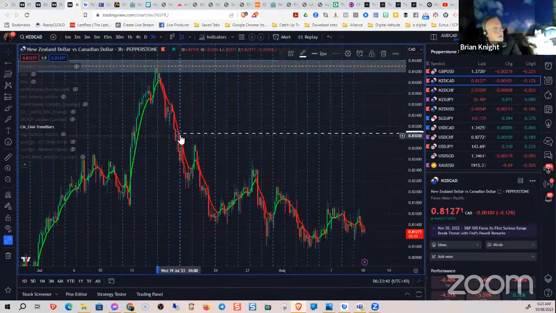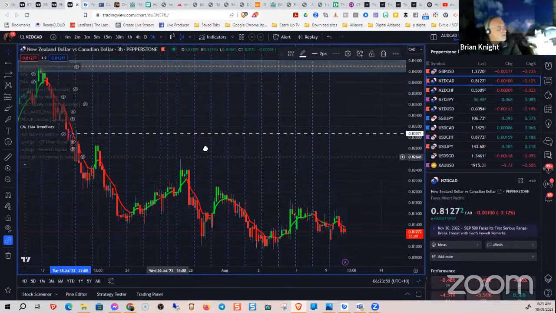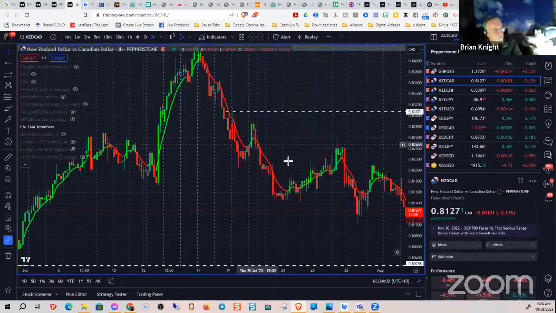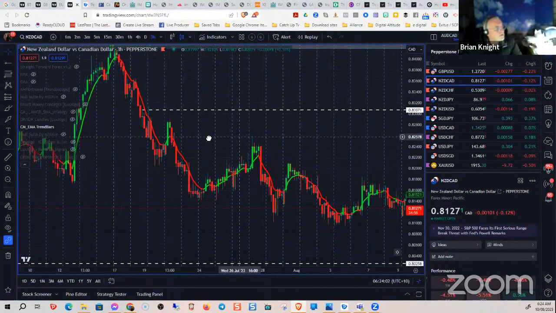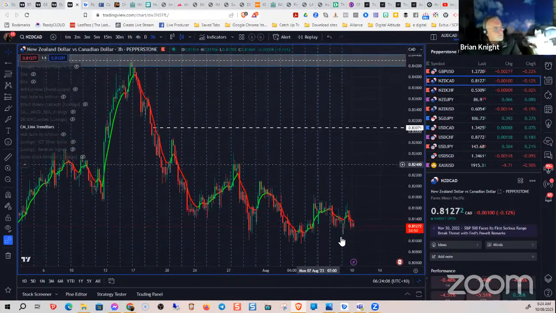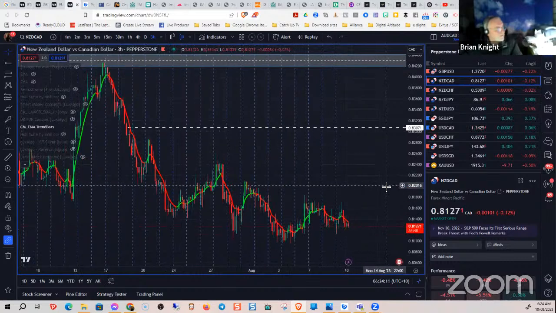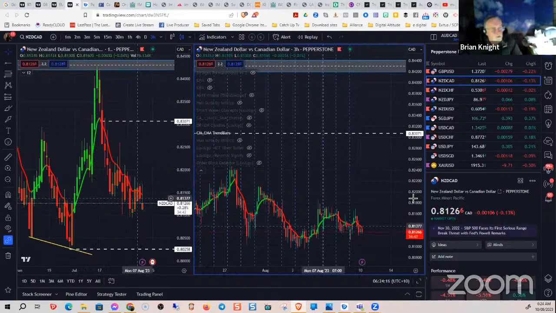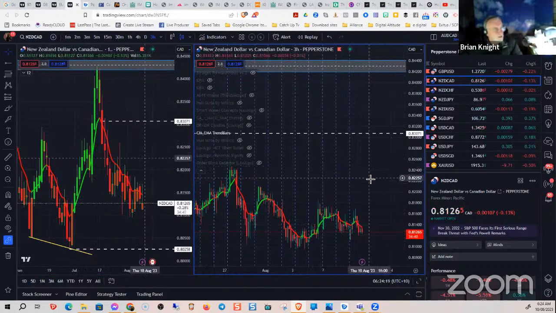There you go. That was where I got in after the pullback up there. That was on the 18th. See where that one candle, you probably can't see it, pulled back up, I got in the trade, it went down, came back, went into drawdown, and then basically it's just kept dropping down. Again, if you look at the daily, it's still red. So I'm just going to stay in that trade.